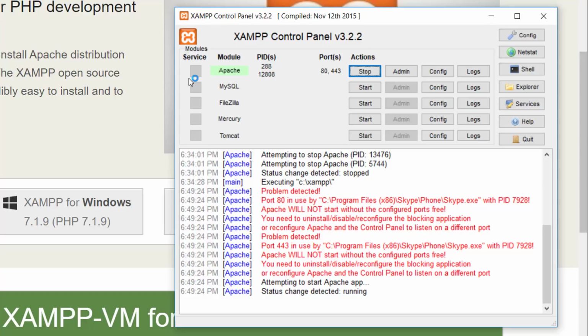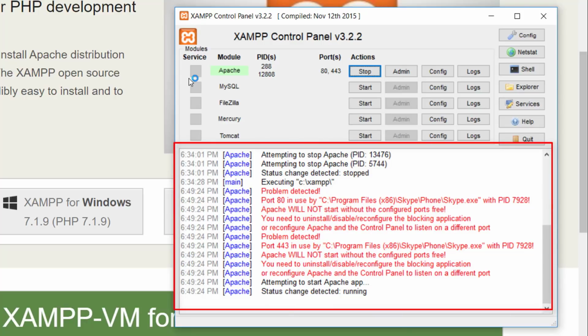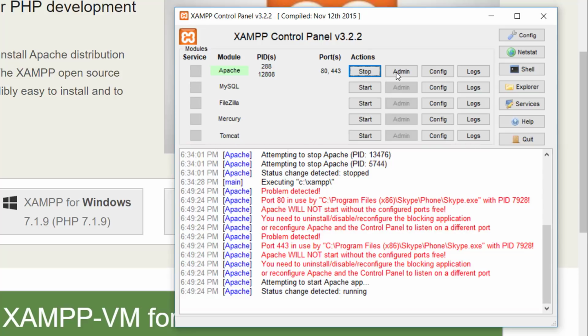If you don't see it turn green, then chances are that it failed. In this case, you'll need to look at this log below to see the error. You'll need to message the Apache Friends site and provide them this log so they can assist you debugging the error. If your server is ready, then you can press this button called Admin that will open up a new